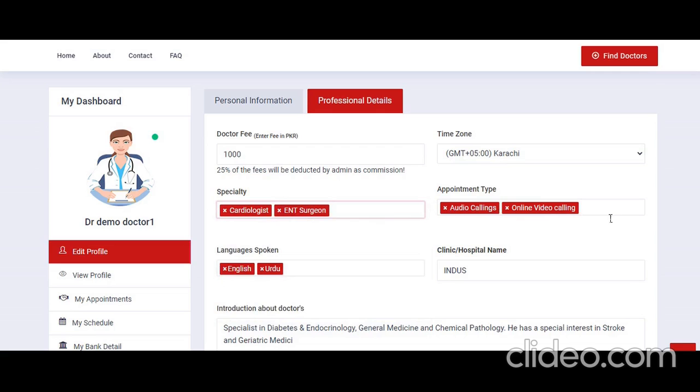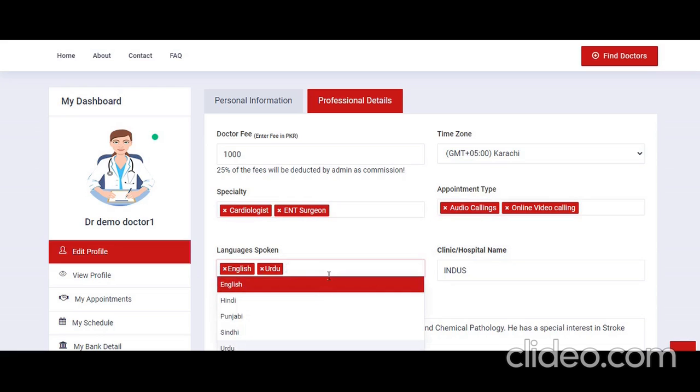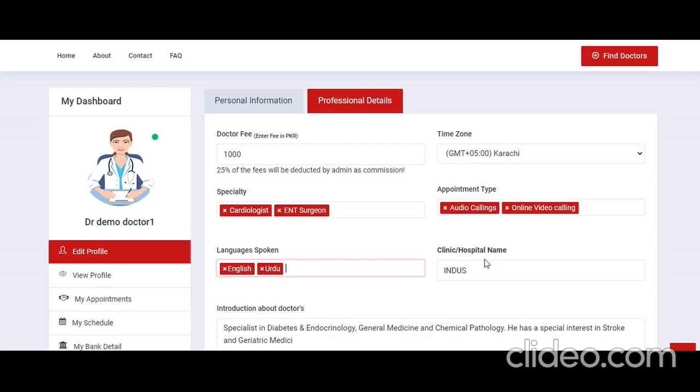you can select appointment type, audio call, online video calling, and you can set your language as well. If you speak more than one language, you can write more than that. As I wrote English and Urdu, you can write Hindi, Punjabi, Sindhi, as you wish.